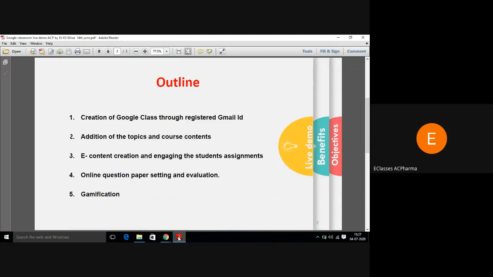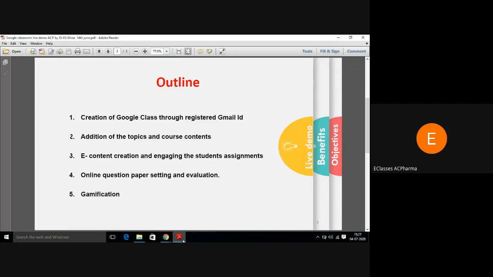This is the brief outline that will be covered by my faculty members. So, with this brief outline, we shall start our demonstration for today's topic.